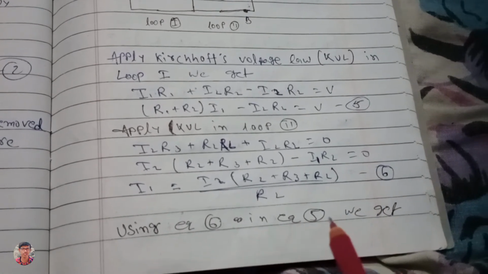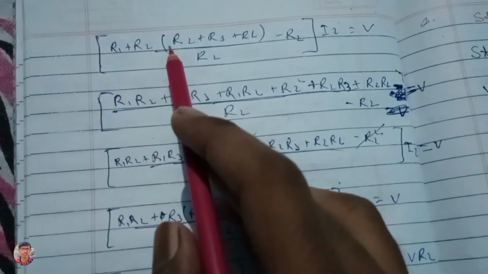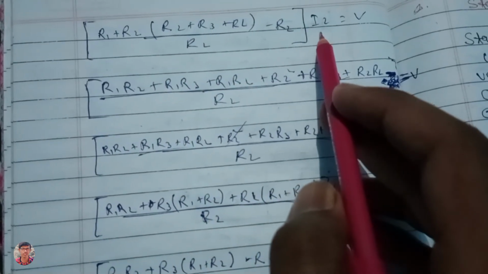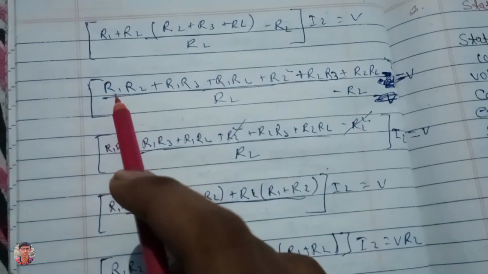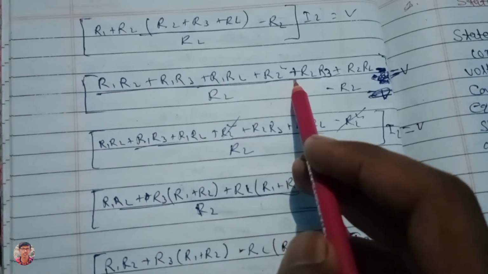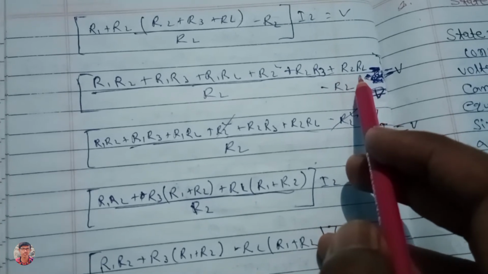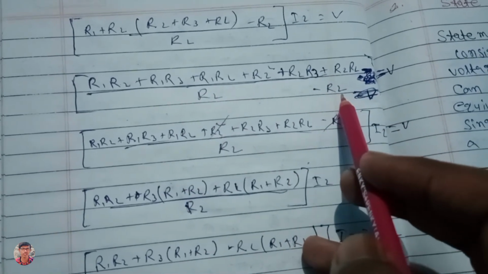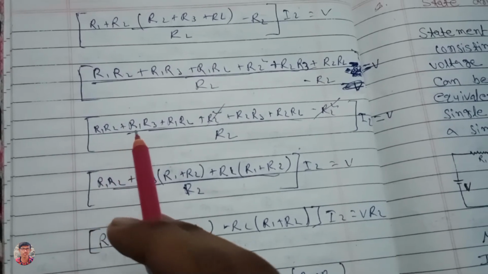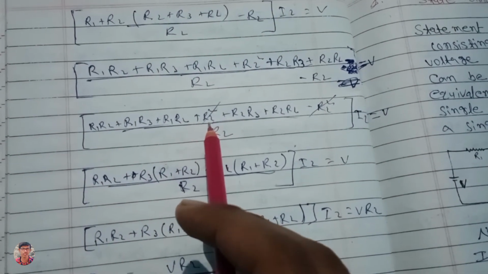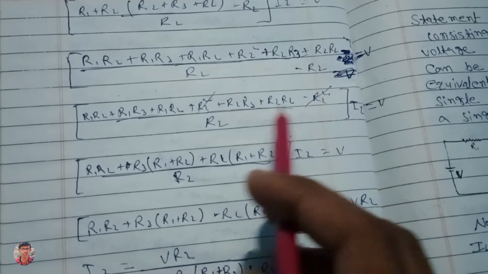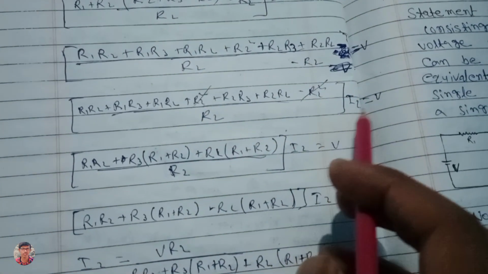Using equation 6 in equation 5 we get bracket R1 plus R2 bracket R2 plus R3 plus RL bracket by RL minus R2 bracket close I2 equal to V bracket R1 R2 plus R1 R3 plus R1 RL plus R2 square plus R2 R3 plus R2 RL minus RL by RL equal to V R1 R2 plus R1 R3 plus R1 RL plus R2 square plus R2 R3 plus R2 RL minus R2 square by RL bracket close I2 equal to V